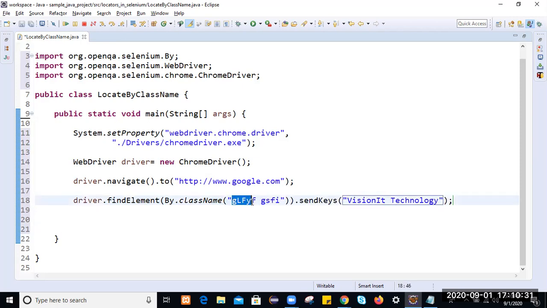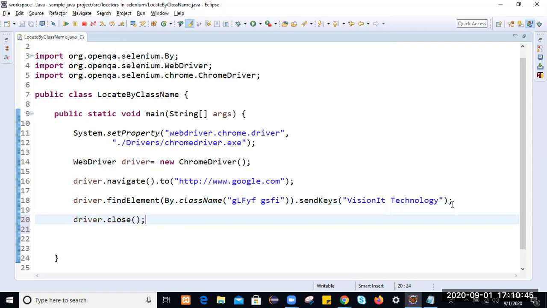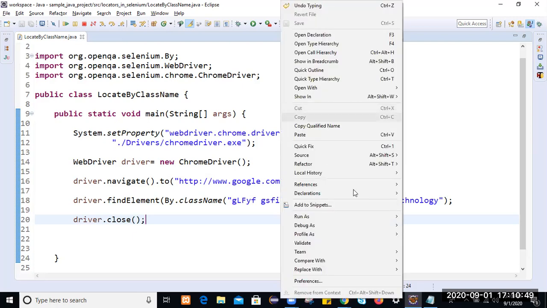You see this class name has some spaces. Due to that, it might fail, but still we'll check whether it works or not. Once I do this operation, I want to perform a close operation. So by using class name, we are trying to locate that web element. Don't go with class name.